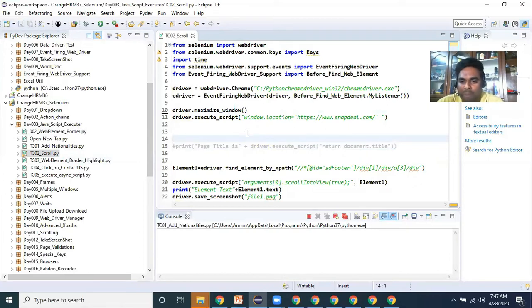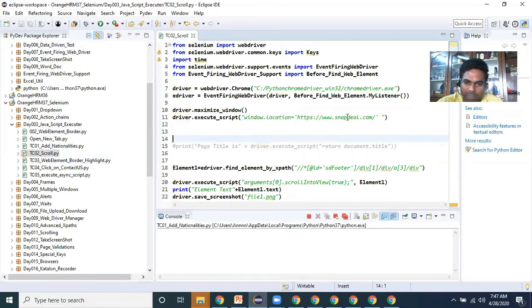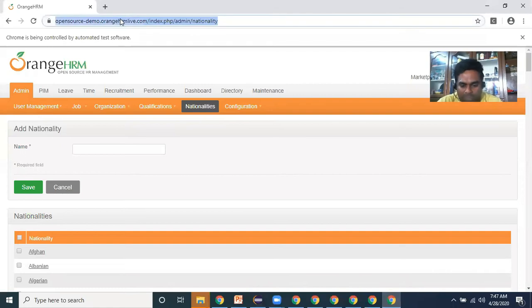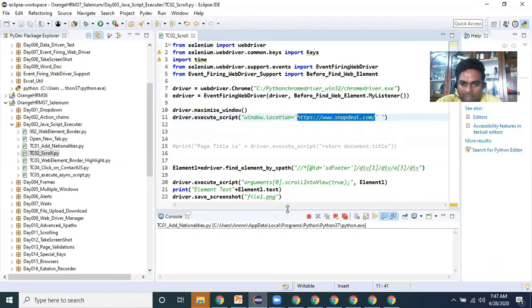In this program, I'm going to tell two concepts. The first concept is how to invoke a browser by using JavaScript executor. So I'm going to invoke my application URL by JavaScript executor. After that, I want to scroll to a particular web element.